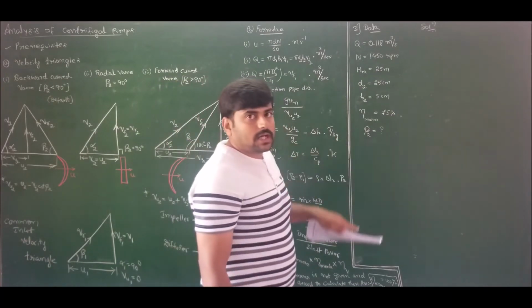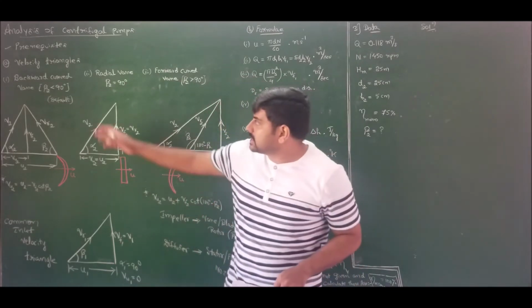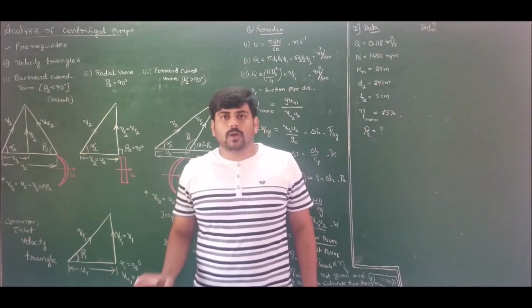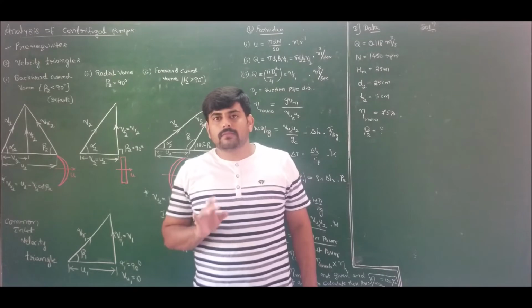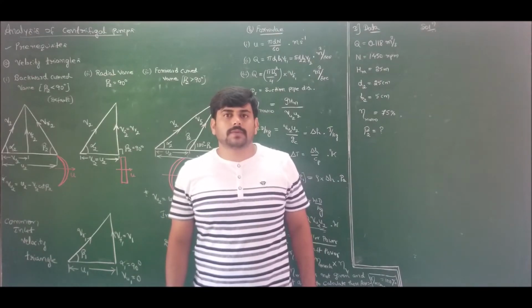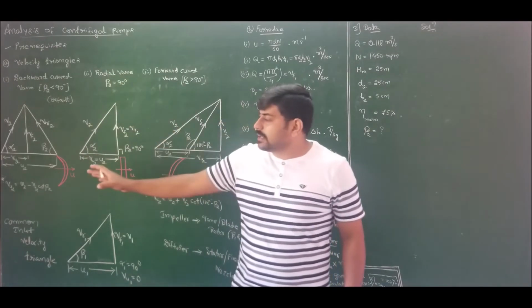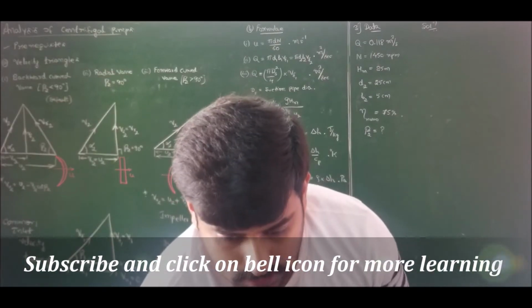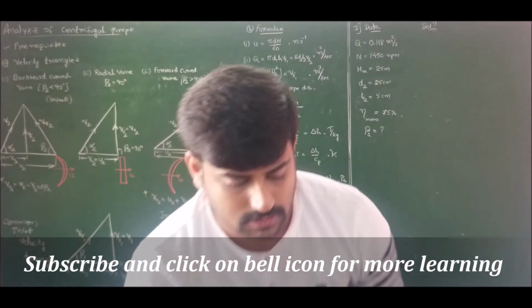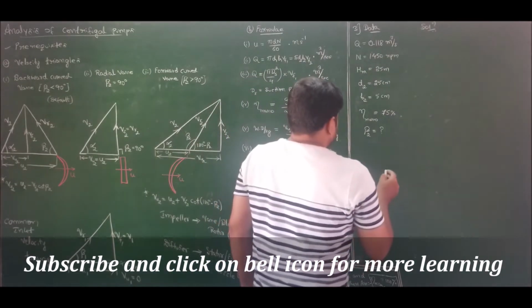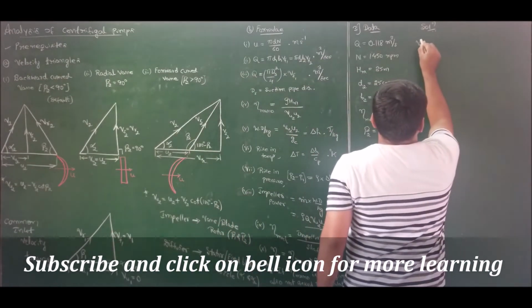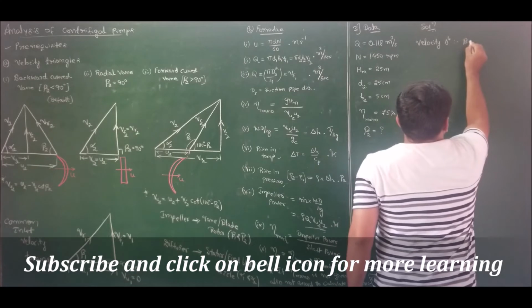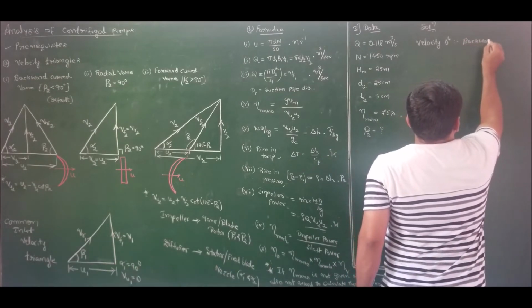Since blade angle itself is unknown for us, I should start the problem by considering the backward curved vane, because this is the general velocity triangle for power absorbing turbo machines, which you people already know from our module 2, where we derived the alternate form of Euler's equation for energy transfer in turbo machines. So therefore, considering backward curved vane, start the problem. That is, the velocity triangle will be backward curved vane to start with.